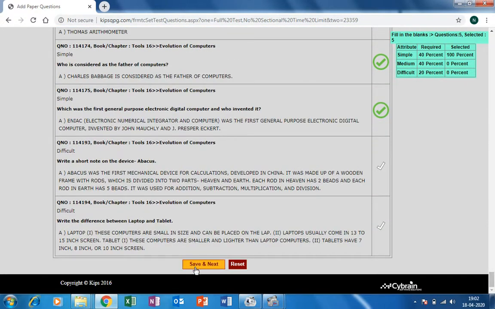Okay. After selecting all the questions, click save and next. Click save and next.